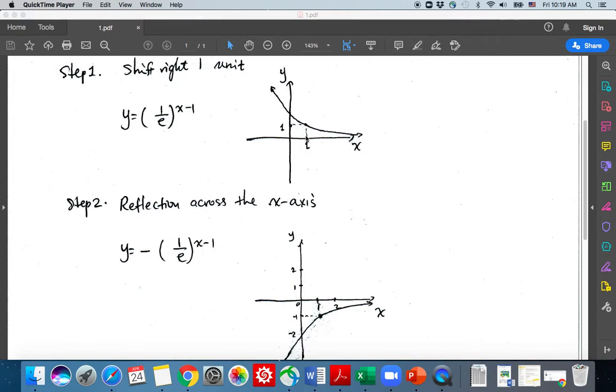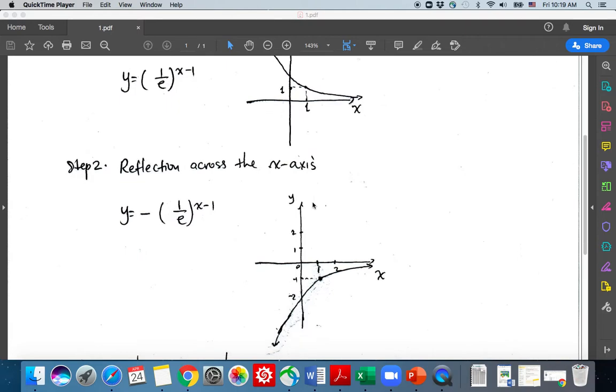In the previous step, it is located at this point with coordinates (1, 1). After the reflection, the coordinates at that point are going to be (1, negative 1). Okay, so this is a new location of the point I have been keeping track of. And every single point on the graph of the previous function has to be reflected in the same fashion. So that gives us this curve here. So still the horizontal